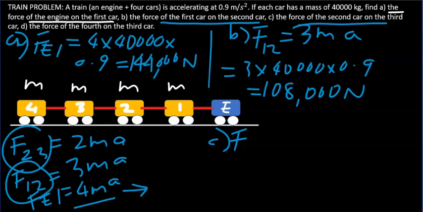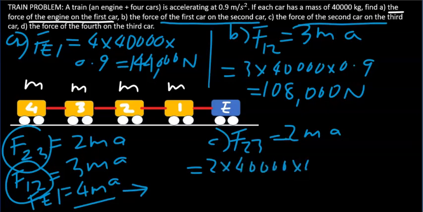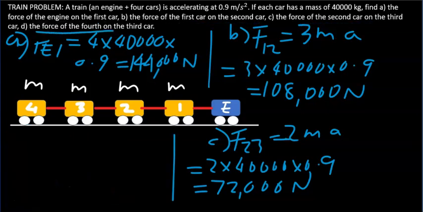F23. And F23 is 2 times ma. So 2 times mass, 40,000. Acceleration is 0.9, and that's going to give you 72,000 newtons. And finally, D, force of the fourth car on the third car, that we labeled as 4, 3,